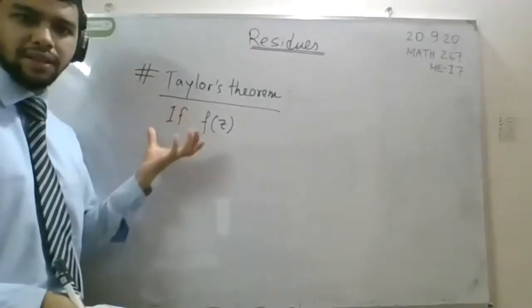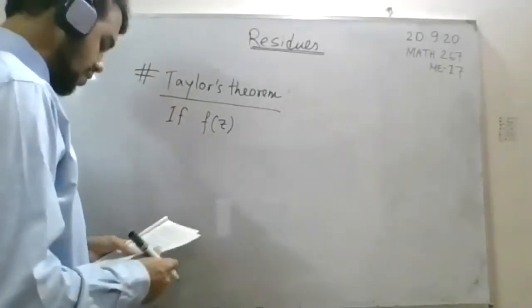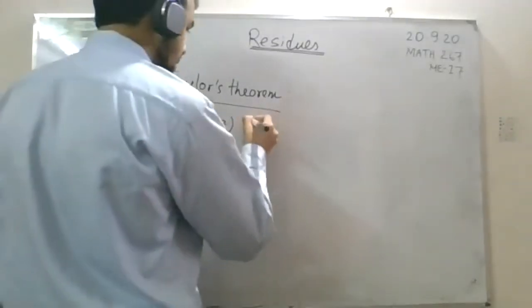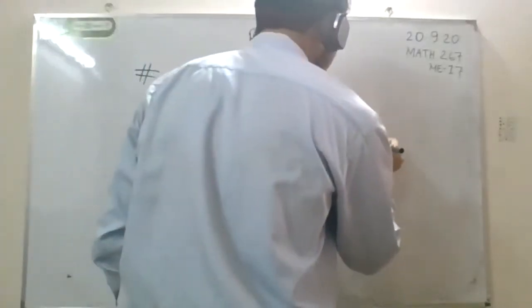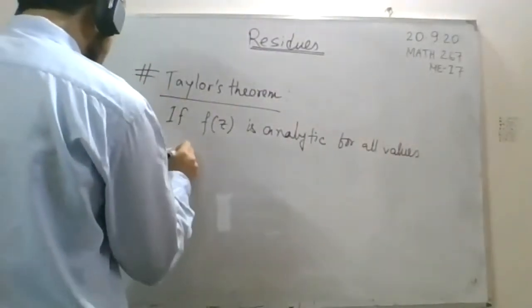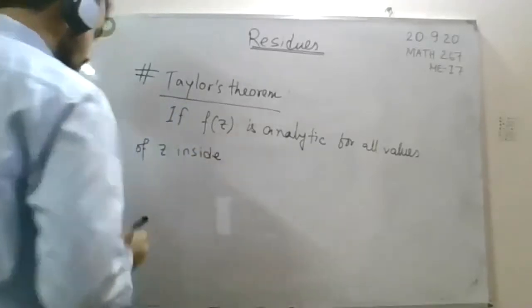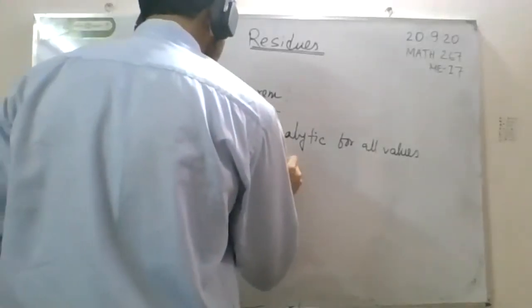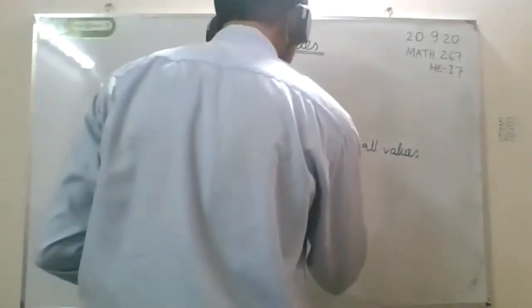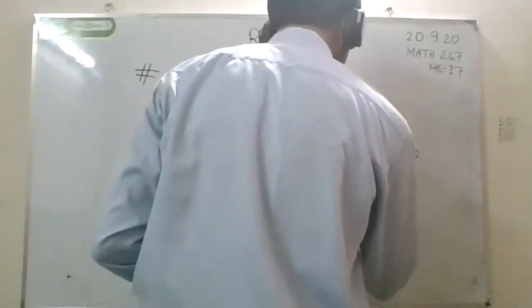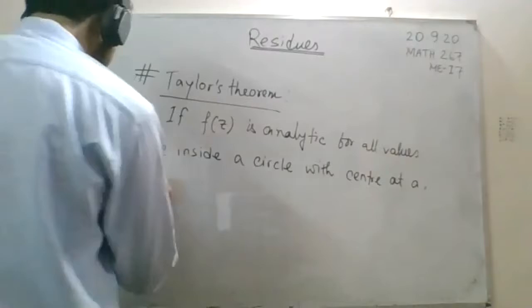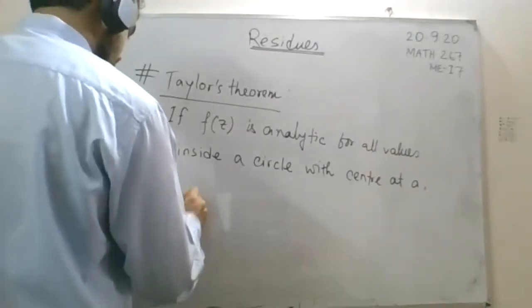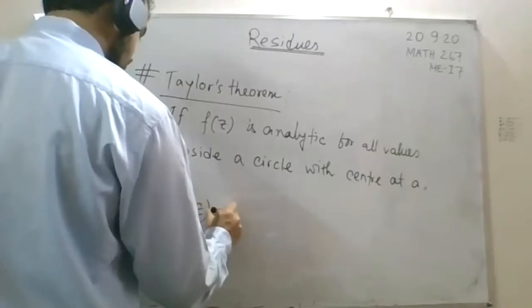What we will learn is, for complex functions, what is our Taylor's theorem. If f(z) is analytic for all values of z inside a circle with center A, then we can say the statement of Taylor's theorem: f(z) equals